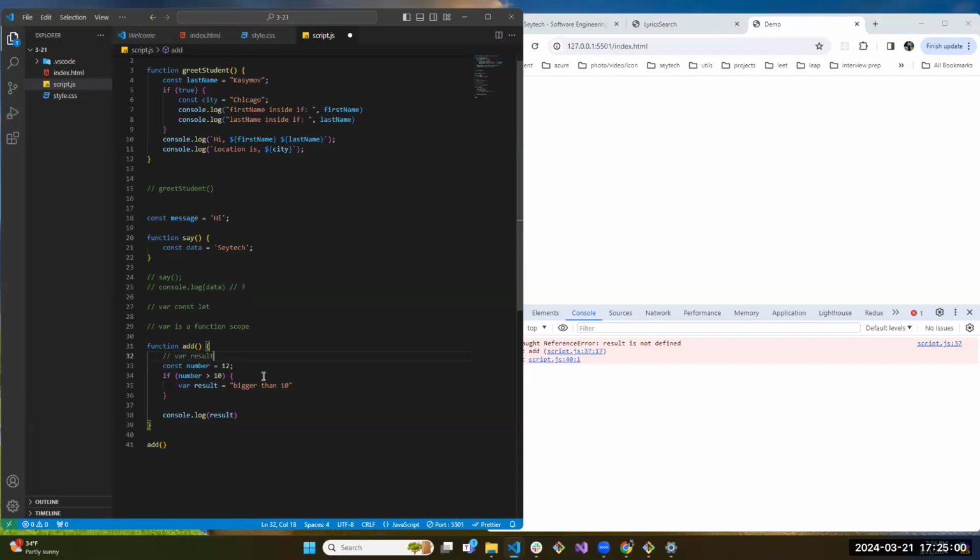When you run JavaScript, the browser reads this file, and then it will hoist all the vars to the top of the function and then starts executing the rest of it. So then it will put this bigger than 10 next to it. And that's why we could easily console log this result, because this var goes outside this block scope. Because var is a function scope,